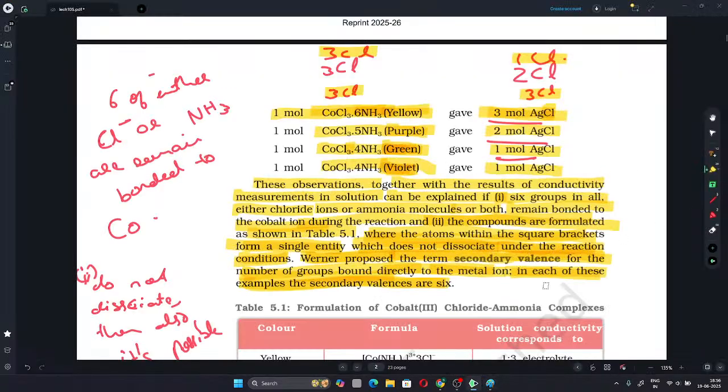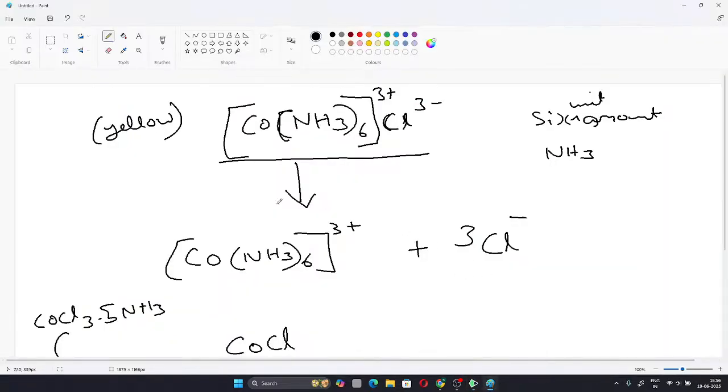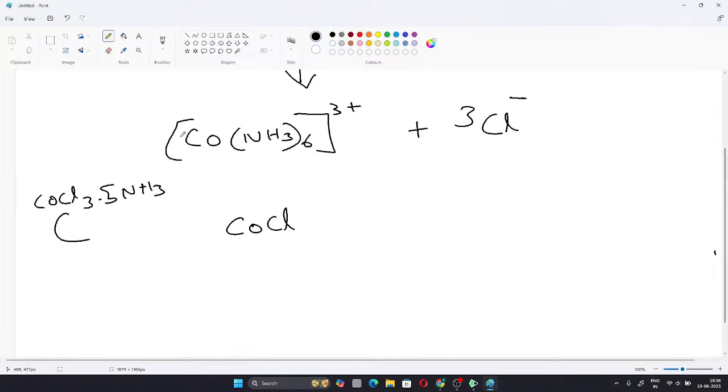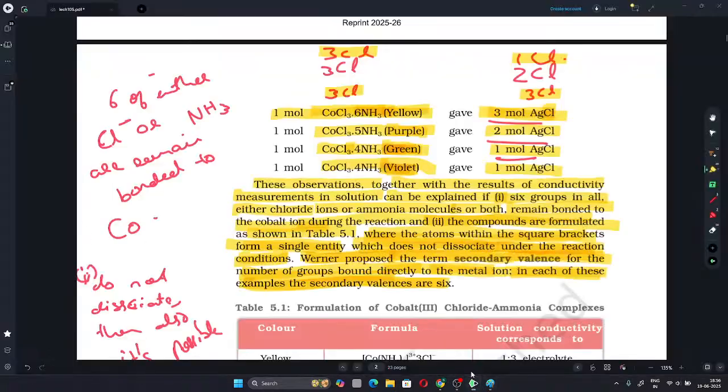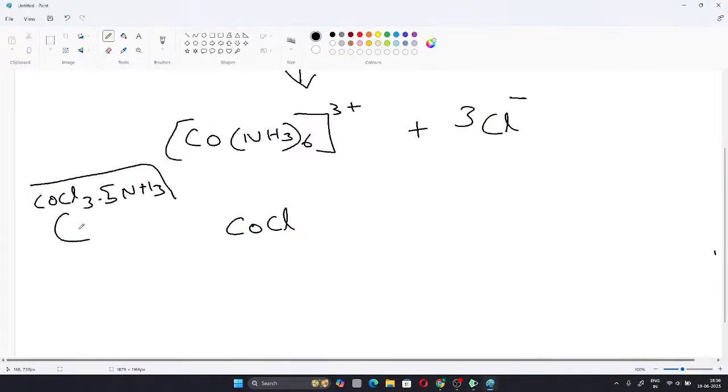This molecule is yellow color, or the solution is yellow colored. This one is purple color. Purple color solution,